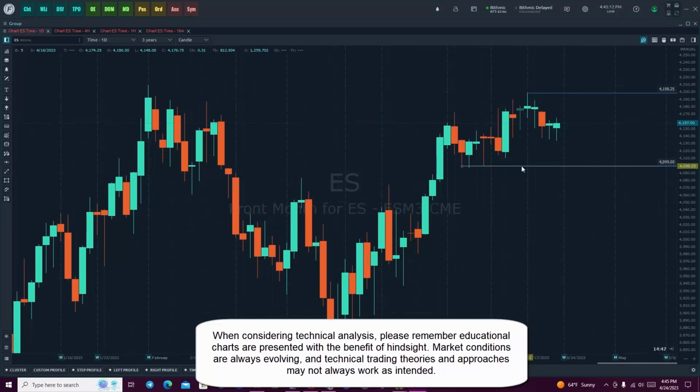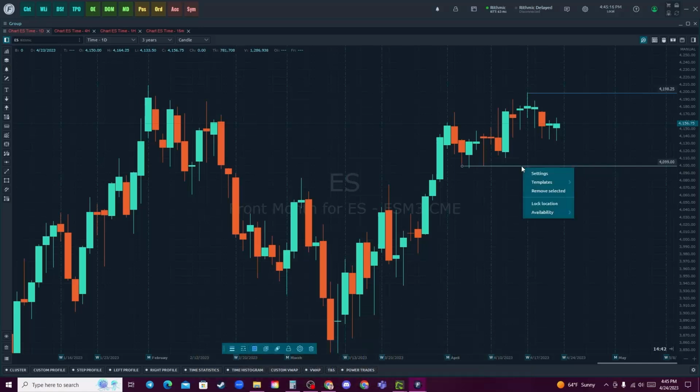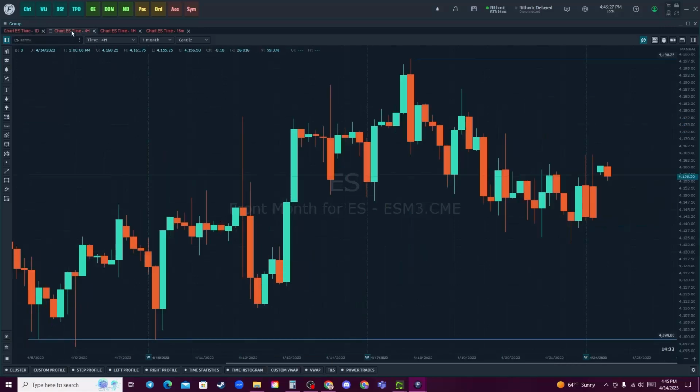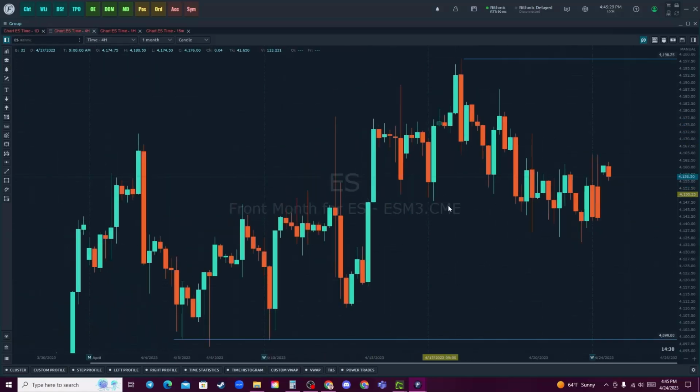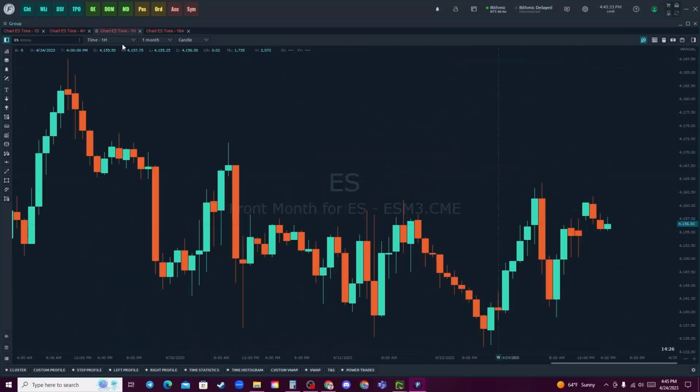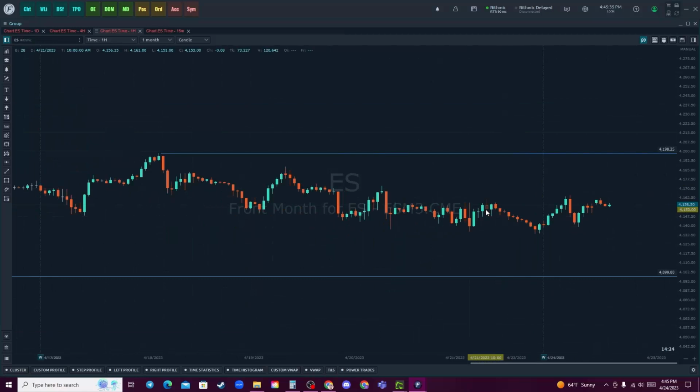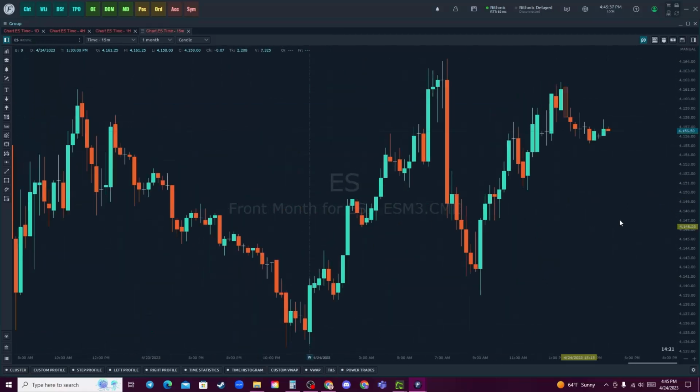So now we can click on this horizontal line, we'll right-click it, and then we want to go down here to availability, and I have it set to default on all charts with the same symbol. So when we go down here to the 4-hour, we see that these lines are already migrated over to the other time frames. 1 hour down, they're here. 15-minute,